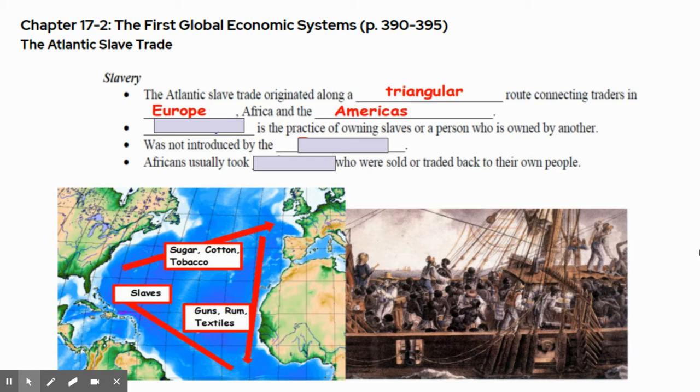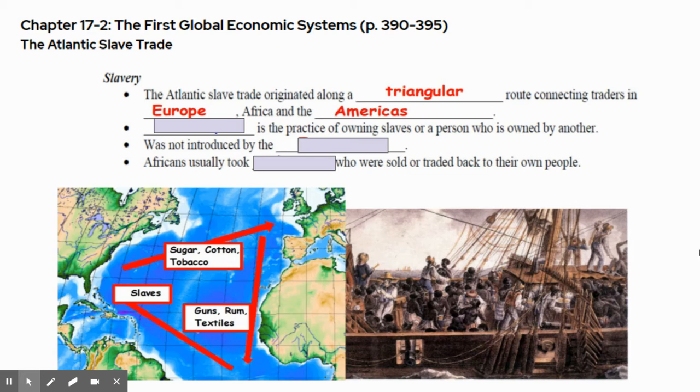From the Americas, our slaves are going to help with the production of agricultural crops like sugarcane, cotton, and tobacco. And those products are going to be sent back to Europe to be sold to Europeans. And this cycle is going to perpetuate itself for many, many years to the point where it actually becomes kind of the go-to as far as the business model. It's going to basically have an impact on things like mercantilism and such.